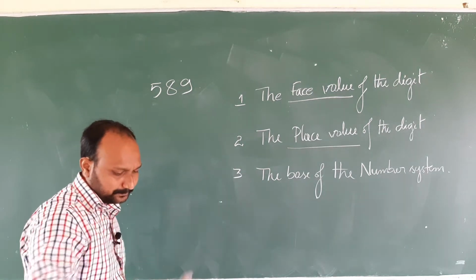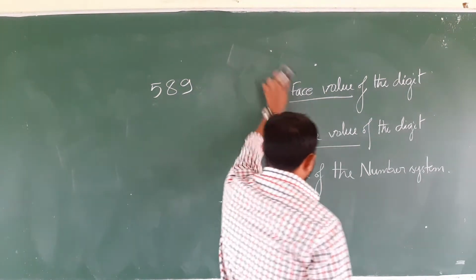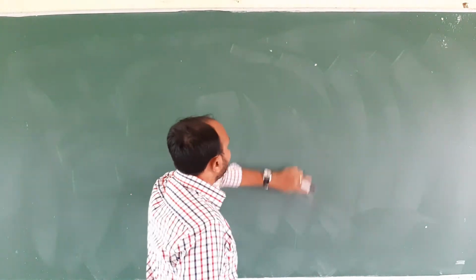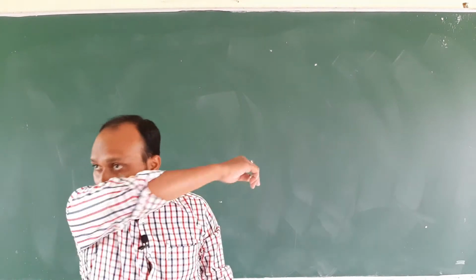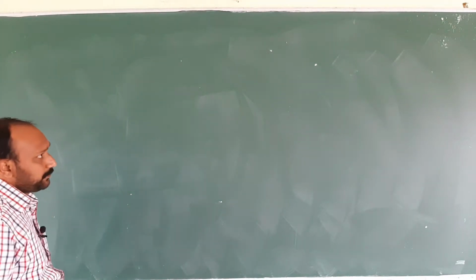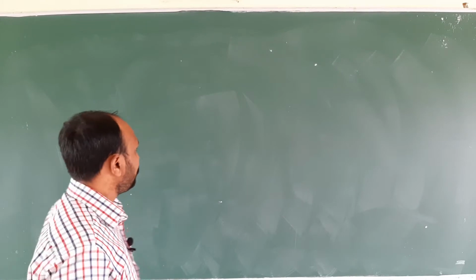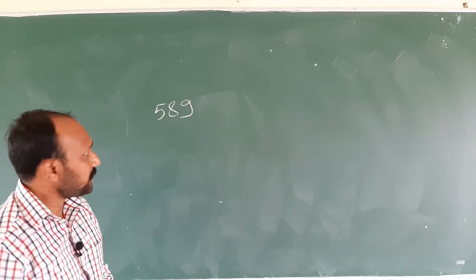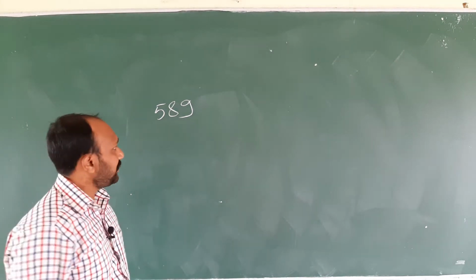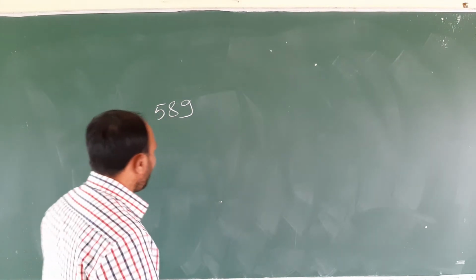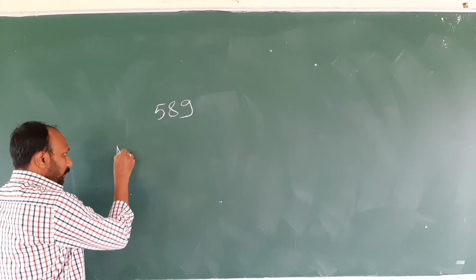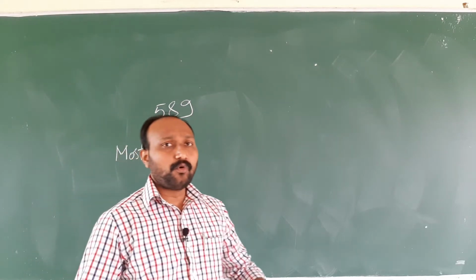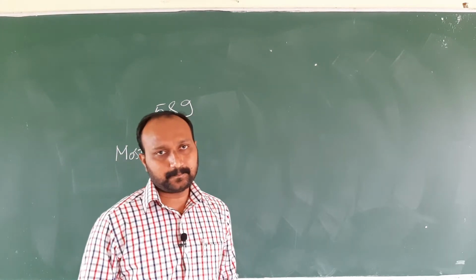Now let us make headway. In the positional number system, there are different types. Before heading into that, once again let me consider the same example 589. Here 589 is a number made out of 3 digits. Among these 3 digits, which digit has the highest significance, the most significant digit?